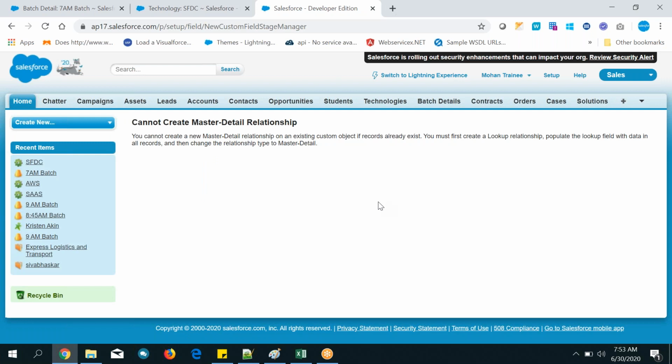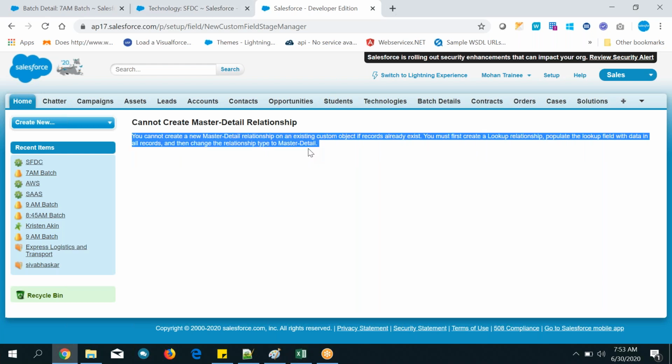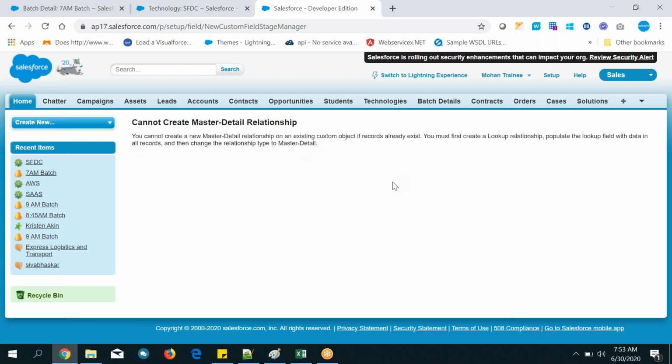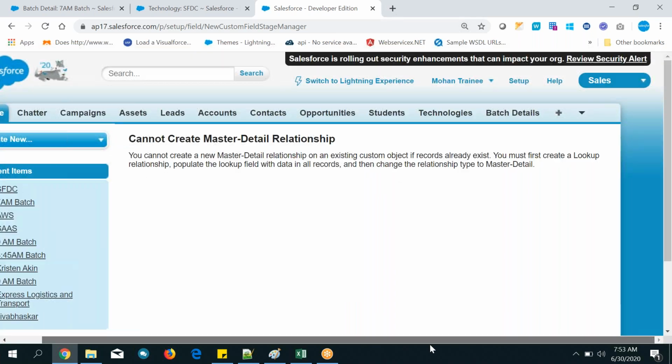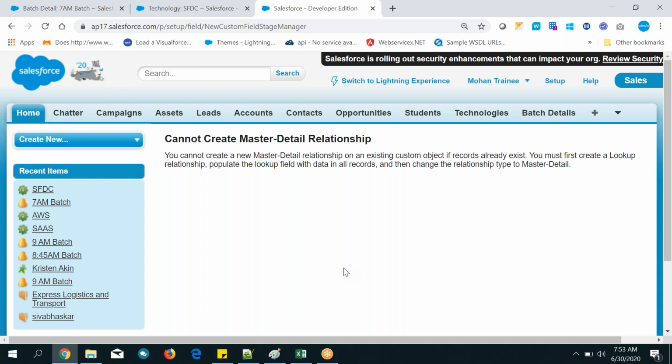Cool. Okay, good. Now what is the error? You need to read this error. Everyone needs to read this error, guys. It is related to you only, not to me. It says: you cannot create a new master detail relationship on an existing custom object.